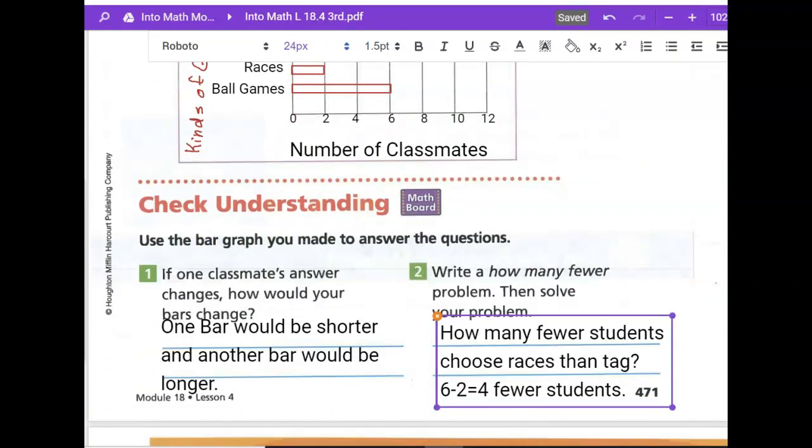Okay, so question number 1 is, if a classmate's answer changes, how would your bars change? Well, if only 5 voted for ball games and 3 voted for races, the ball game bar would get shorter and the other one would get longer. And then the last one says write a how many fewer. How many fewer students chose races than tag? And 6 minus 2